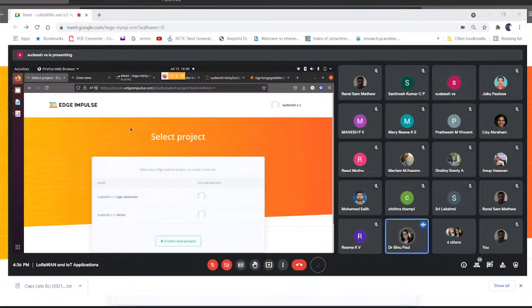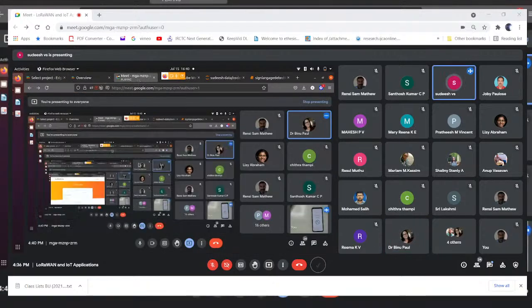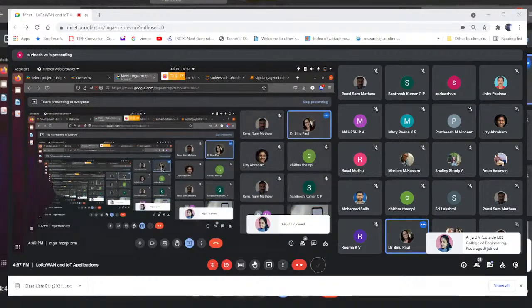We are getting a different dashboard, I suppose. Okay, can you share? I don't see that make a new project option. It comes like collect data. Can you share the screen? Okay, one second.